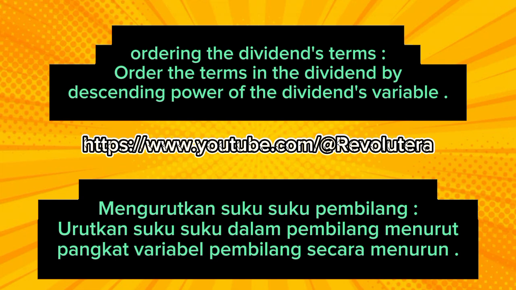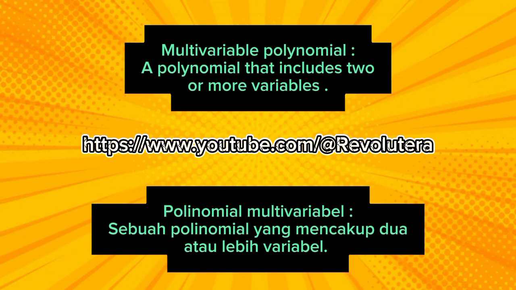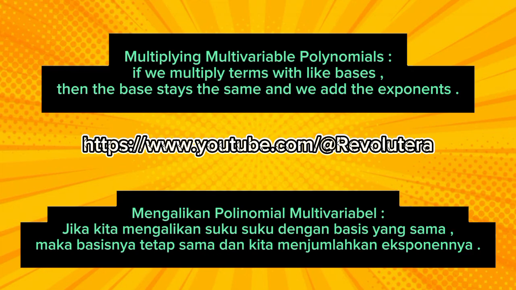Ordering the dividend's terms. Order the terms in the dividend by descending power of the dividend's variable. Multiplying multivariable polynomials. Multivariable polynomial, a polynomial that includes 2 or more variables. Multiplying multivariable polynomials. If we multiply terms with like bases, then the base stays the same and we add the